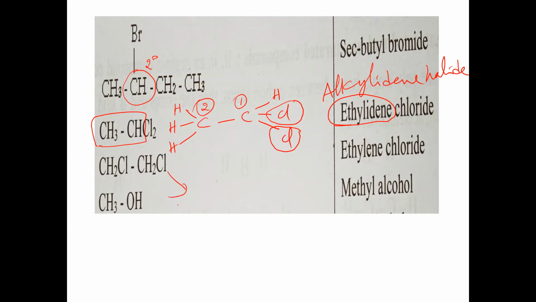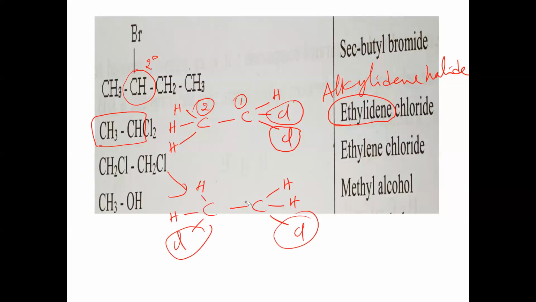Now we check this structure. In this case, 2 carbons with a single bond. Here 3 bonds for this carbon, 3 bonds for this carbon. On this one, 2 hydrogens and 1 chlorine are there. Here also 2 hydrogens and one chlorine. That means two chlorine atoms are present on adjacent carbons. Here we can give number 1 to this and number 2 to this, or otherwise number 1 here and number 2 here. Anything is possible. So in this case we say 1,2-dichloroethane.